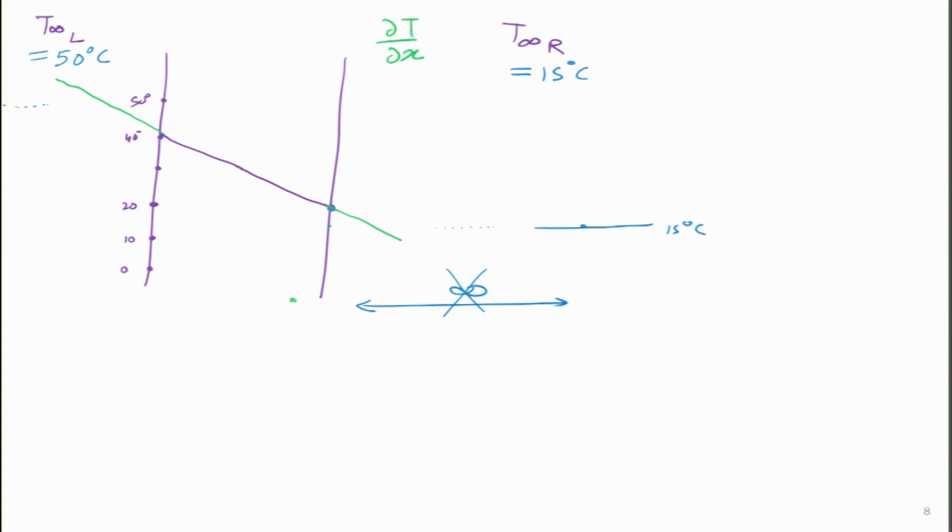Now, at this particular point and this particular point, if I want to see, this is brick or solid, and over here we have air. So, at this particular point, the amount of heat which is going is proportional to k del T by del x, and this k is of the solid and del T by del x is also of solid at point A. At point B, this is of air, k air and del T by del x of air as well.